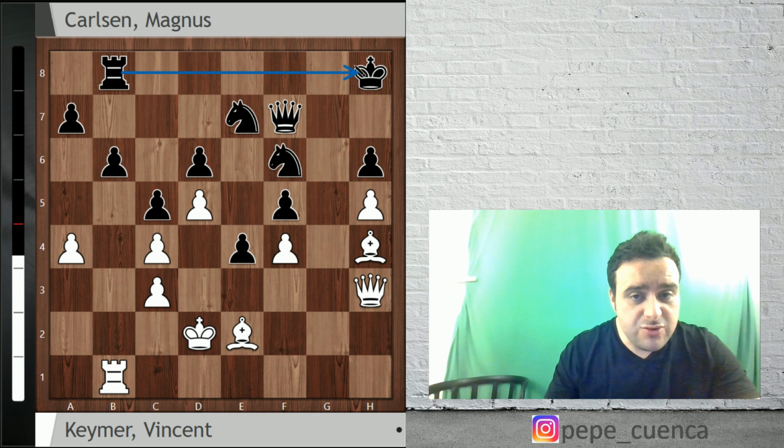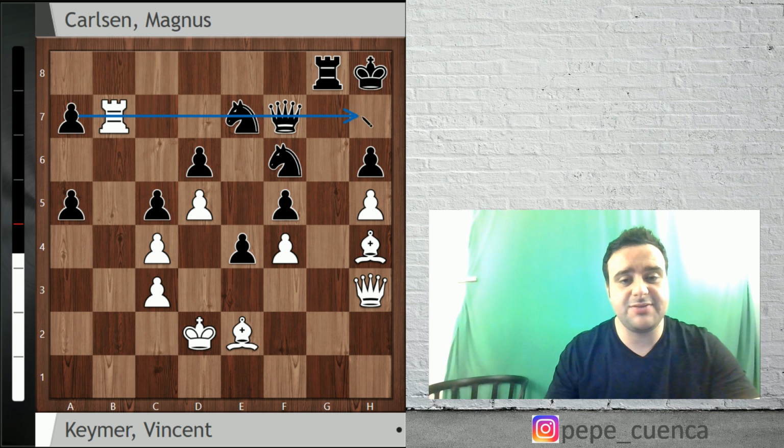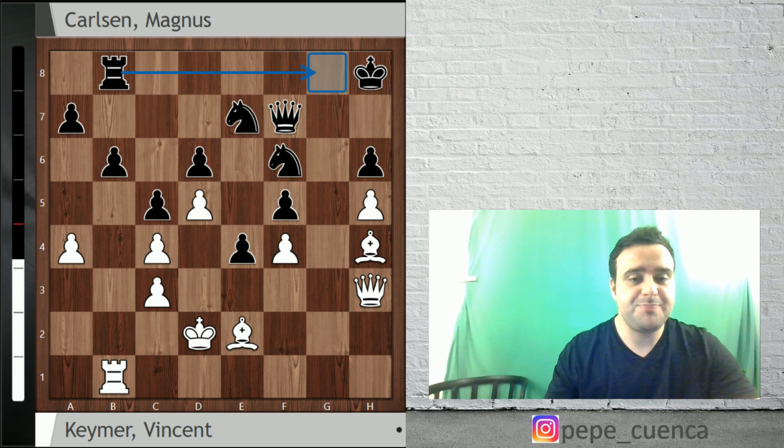Because now, if you go for rook g8, then there's going to be a5 in this position, creating a lot of counterplay. Let's say after b takes a5, rook b7, and suddenly, even with white two pawns down, this rook is extremely active, this bishop is also very active, f5 is a weakness, and it's not going to be easy for Magnus here. So that's why he goes for queen